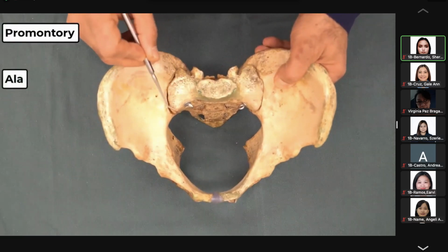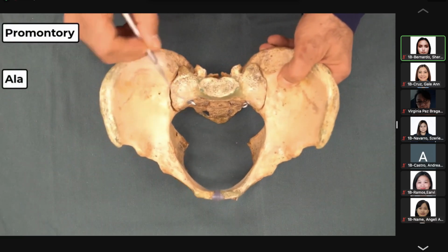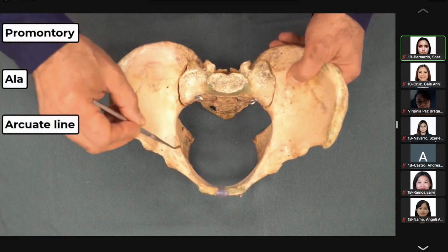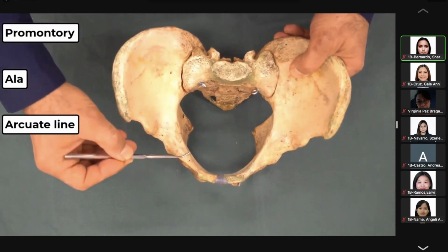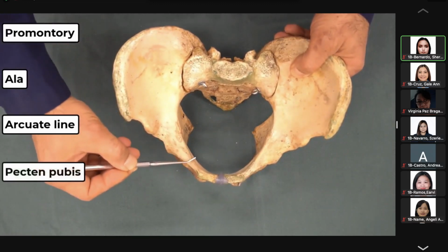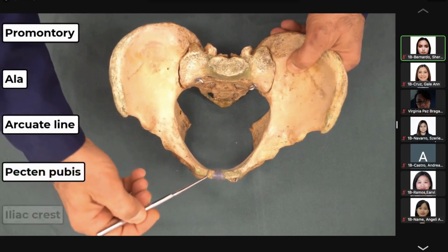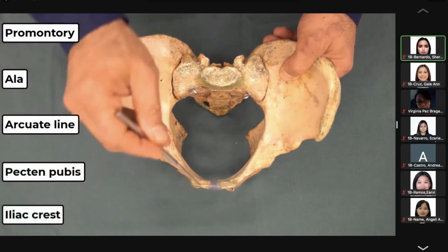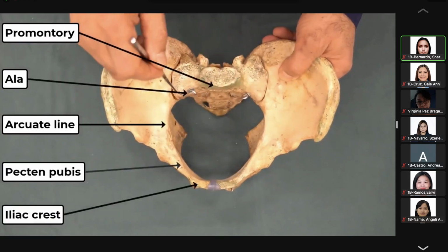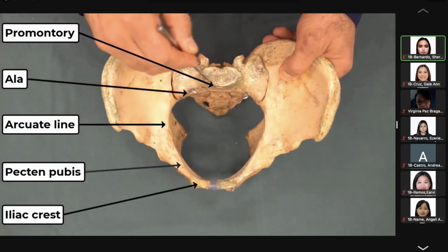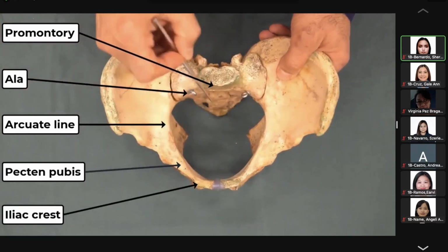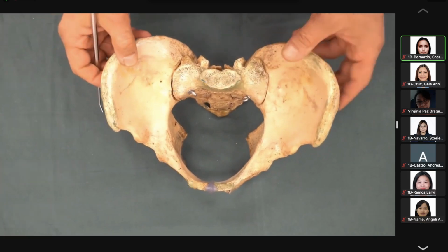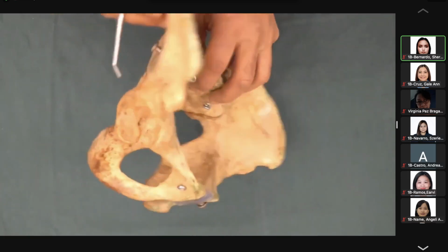Then we have the ala, still part of sacrum. The arcuate line of the hip bone. The pecten pubis of the hip bone and iliac crest. So then of course we have the same thing on the other side. That is called the pelvic inlet. And of course we have the diameters for the pelvic inlet. On the other side, if I flip the pelvis,